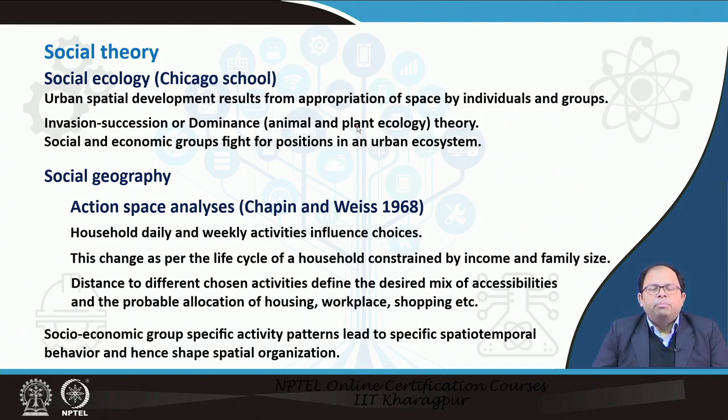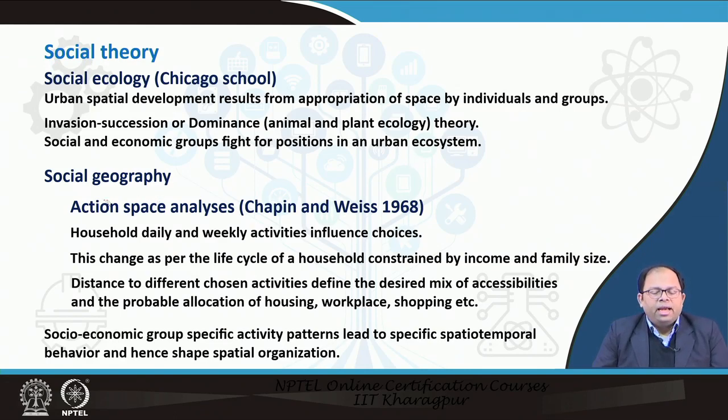What it means is that particular groups migrate into an area, and that is invasion, and then it succeeds over that particular area, or it can dominate that area. So this is the invasion-succession concept, and social and economic groups fight for positions in that particular urban system and eventually come to an equilibrium. So this is the social ecology theory, and then there comes the social geography theory, which is more appropriate for